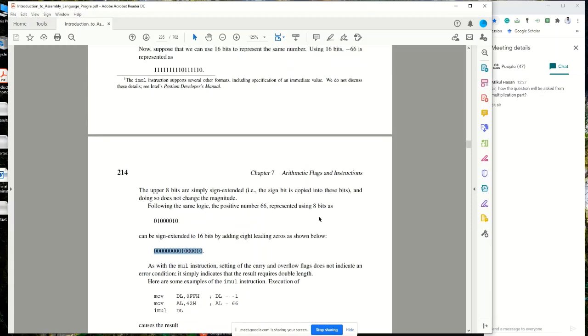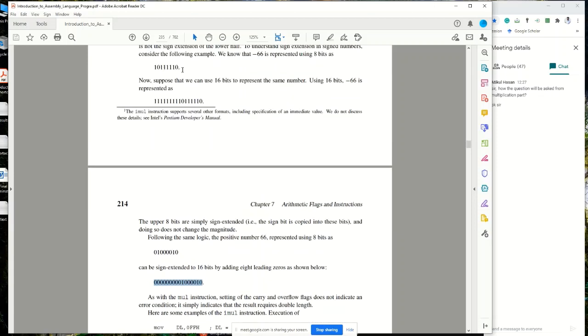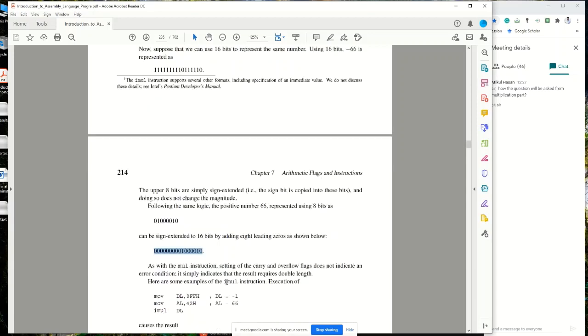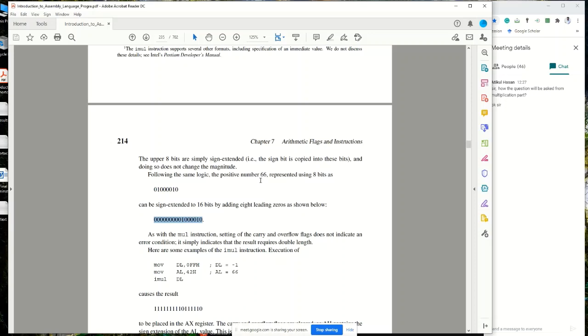Fine, we understand these two differences. This is a negative number, we converted a negative number from 8 to 16-bit, and now this is a positive number from 8 to 16-bit. All right, this is negative 66, that is positive 66. For negative, we add all 1s to make it 16-bit. For positive 66, we add all 0s to make it a 16-bit positive 66 number. Fine. Okay, so let's